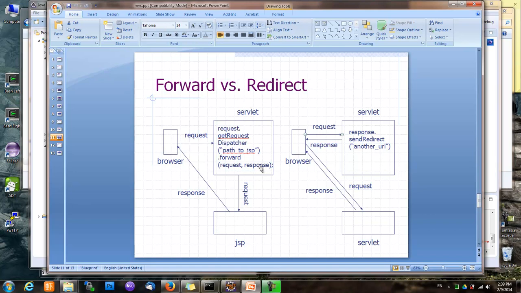So notice that the data stored in request scope will remain valid after a forward because it's still the same request. However, data stored in request scope will no longer be valid after a redirect because it involves a second request, right? So if you want to keep data across multiple requests, you need to use at least session scope. And so